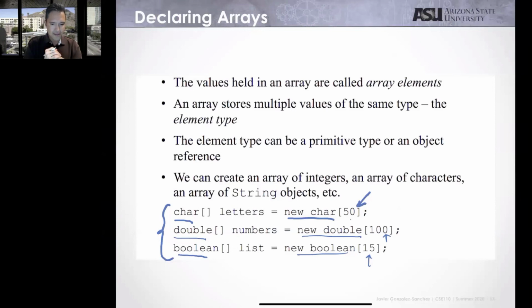The only limit, it should be a positive number. Well, a positive number or the 0. If you put 0, you're asking for an empty array. Basically, you're asking for a null array. You're asking for an array without elements. Depending on what you are doing, but 99% of the time, what you are going to do is to ask at least for one element, an array with one element. An array with one element, that is the same as a variable. In the practical use, yes, an array with one element